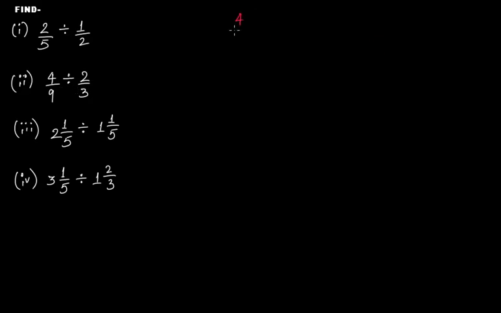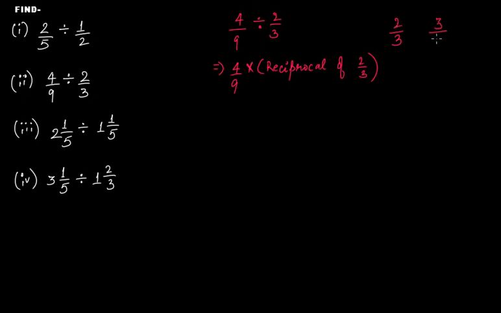Second one is 4/9 divided by 2/3. This will be 4/9 multiplied by the reciprocal of 2/3. Now the reciprocal of 2/3 will be, what's the denominator? That is 3. Make it the numerator of this new fraction, divided by, what's the numerator? That is 2. Make it the denominator. So 4/9 multiplied by 3/2. Multiply numerators together, 4 times 3, divided by, multiply the denominators together. This will be 12